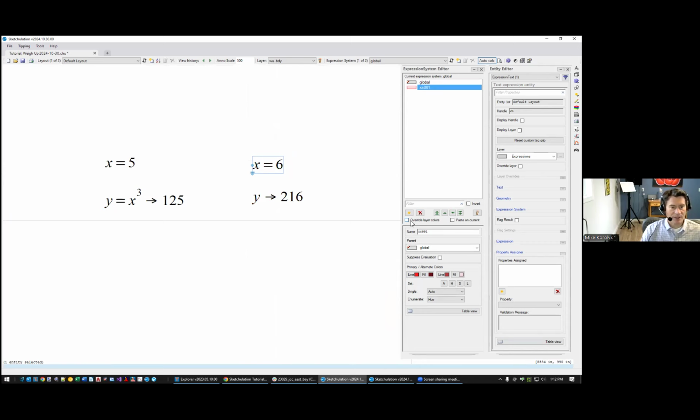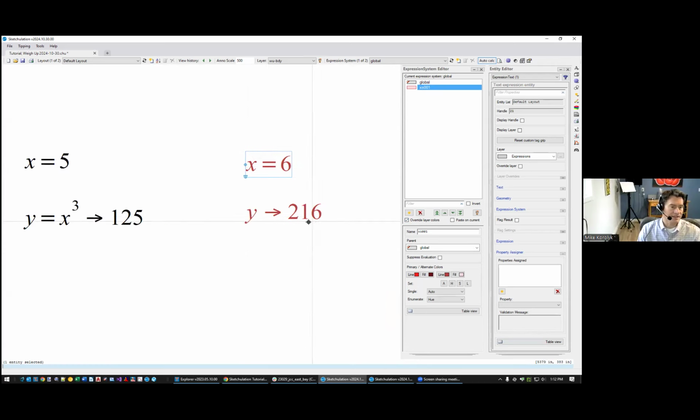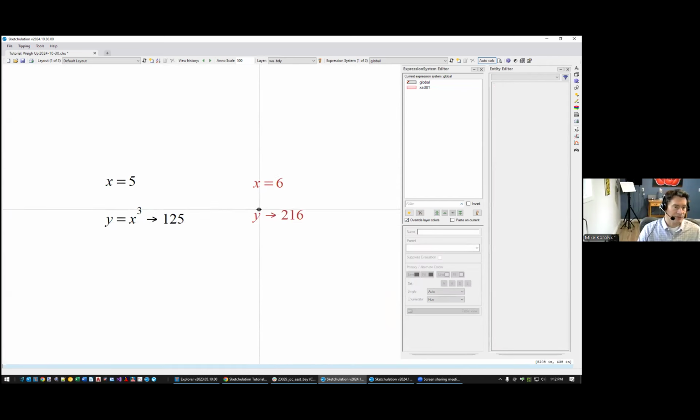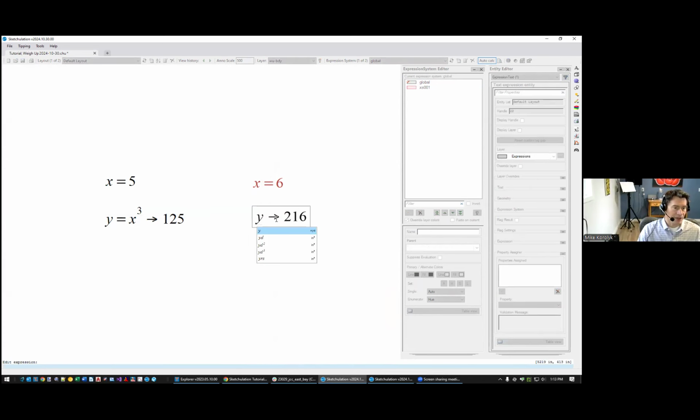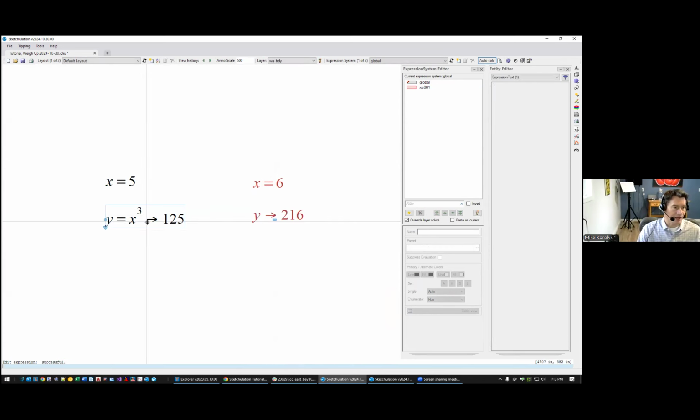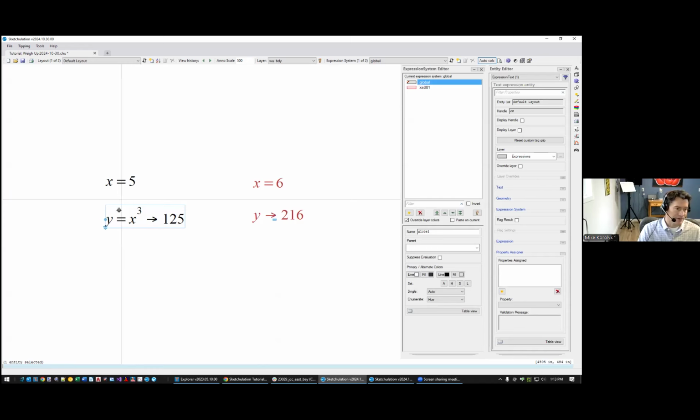And I have this checkbox here that tells the program to override the layer colors, so I can see which expressions are on which expression system. And then I created a new value for x. And you see here, I didn't have to retype the expression for y. I can just use the request for value operator, and by default, it's going to inherit the expression from the